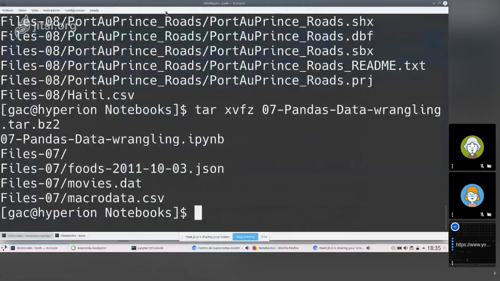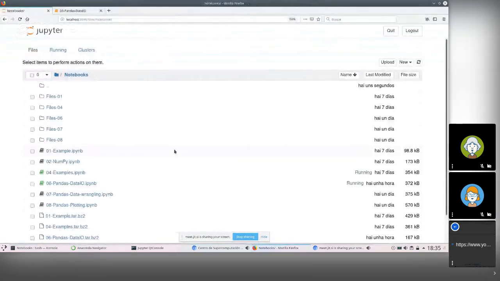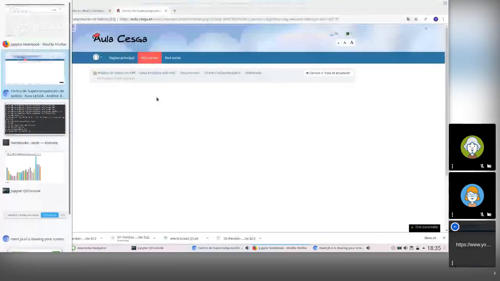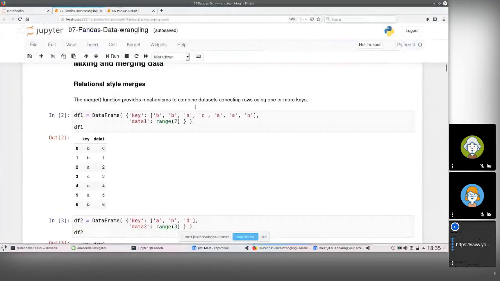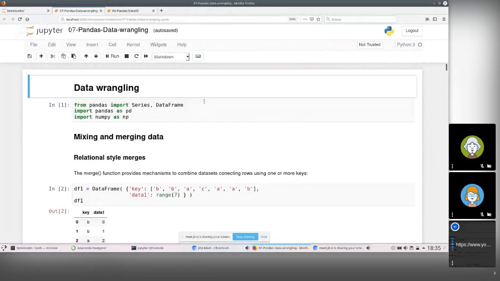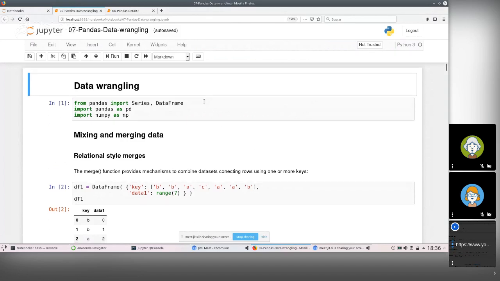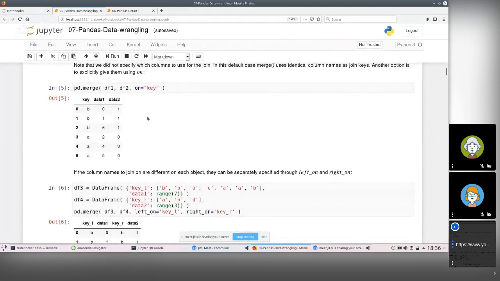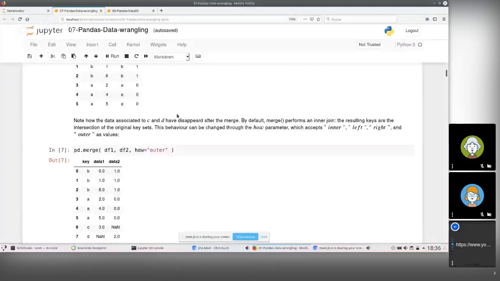So if I go to my notebooks here, I've downloaded these two files, and you have this data wrangling notebook. It sometimes takes a while to load. Data wrangling, as you may know, is the name we use to denote the operations that have to do with cleaning data, changing the shape of the data, and making the data more amenable to what we want to do. So this notebook is going to cover operations such as merge between different data frames. It's going to cover also